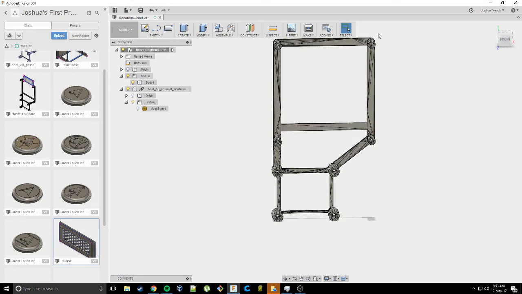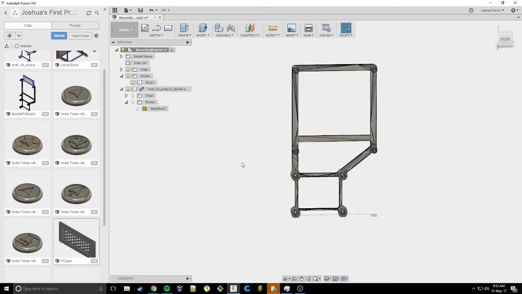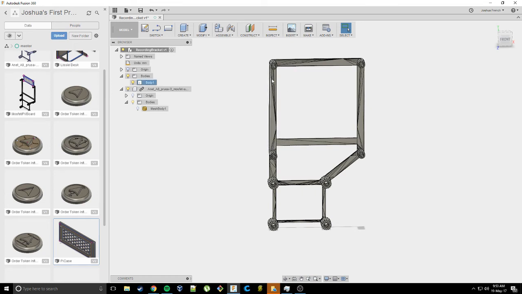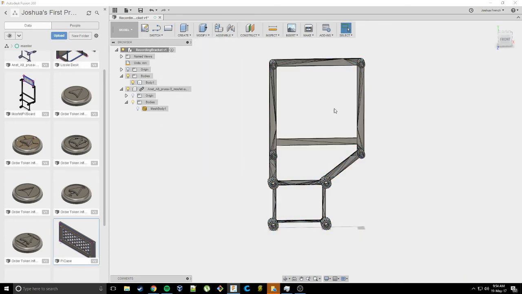So what I had to do was actually scale this. I'm going to skip to another file because my computer took a long time to scale this because of all the faces it's got. So what you have to do is you select it all, and then you go scale, and then you wait for it to process. And then I scaled it down to 0.1